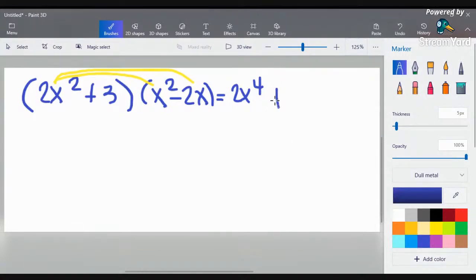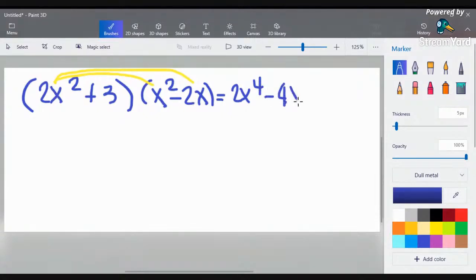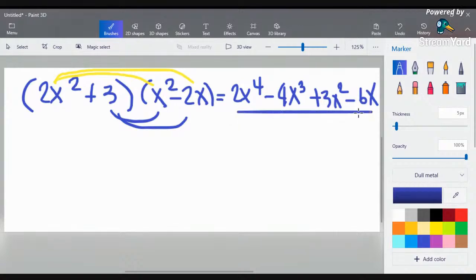The answer is negative 4x cubed. Next, 3 times x squared is positive 3x squared. And last one, 3 times negative 2x is negative 6x. Okay, we cannot do anything out of it because they don't have similar terms, so that will be our final answer. And for the quotient,